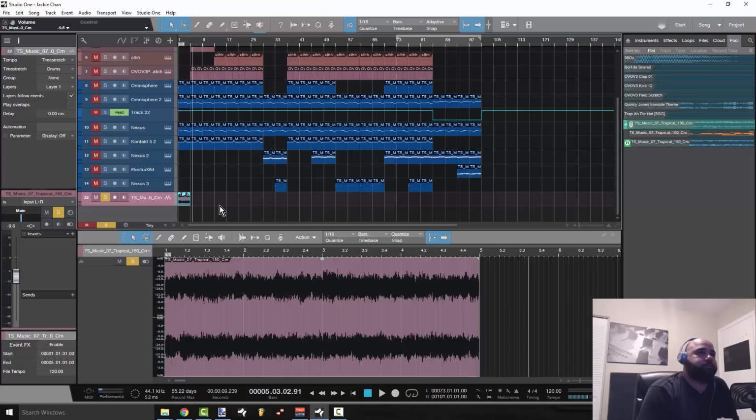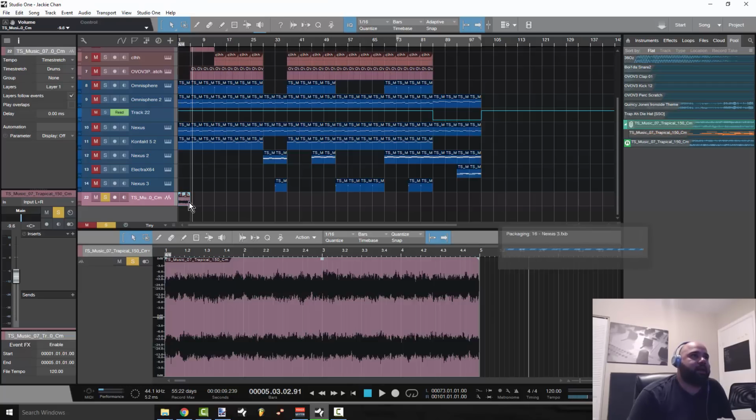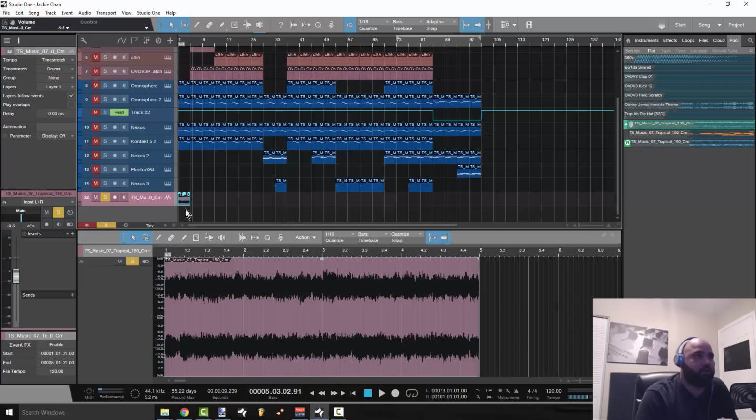So I like that. I feel like that is something that I would write. So for me, I have Melodyne Editor, and Melodyne Editor works so good with Studio One. All you have to do is click on the region, press Control M, and what it's going to do is